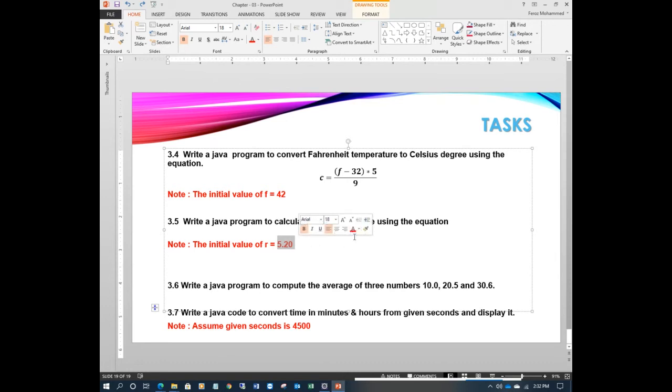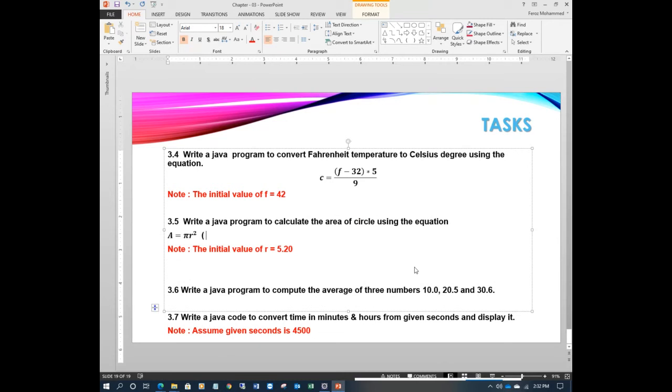So what is this pi here? We cannot find this pi symbol on the keyboard, right? Pi is a constant value. Everyone knows what the pi value is, right? It is fixed, it's constant here. Pi is equal to 3.14, or 22 by 7, but we have to use 3.14. That's why we need to know the value of pi. So it is also a constant. So you can use the 3.14 value here, multiplied with radius square.